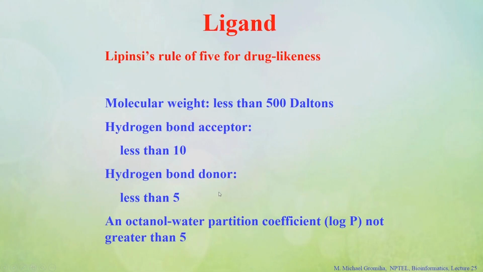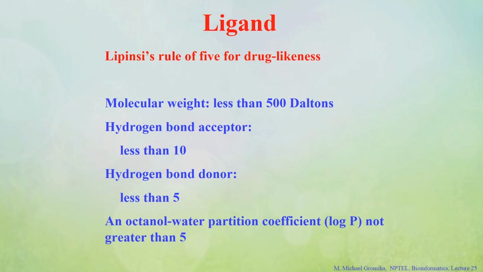protein. So, if you see a ligand, generally it can be described with the Lipinski rule of 5. If you see all the rules, they are all multiples of 5. There are 4 rules, all multiples of 5. Lipinski stated these rules for a ligand to have the character of drug likeness. Not necessarily all drugs should follow this criteria, but most drugs are chemical compounds which may act as drugs, and they may have this type of